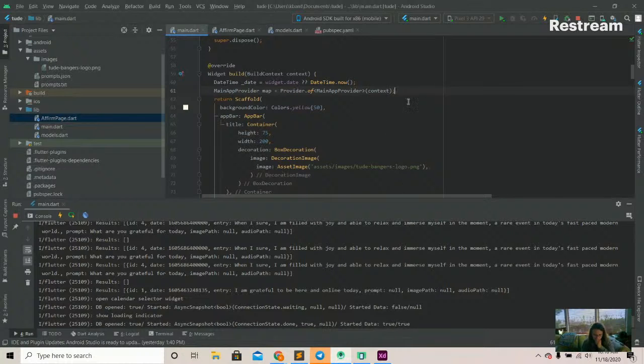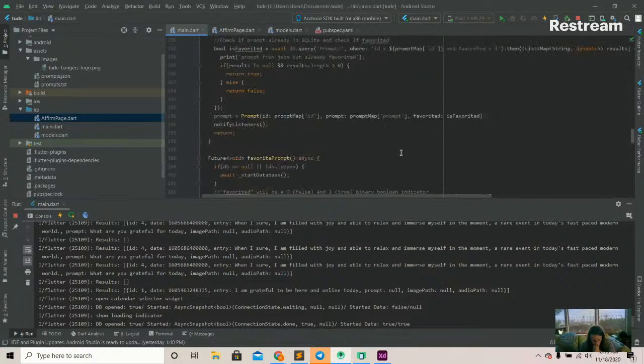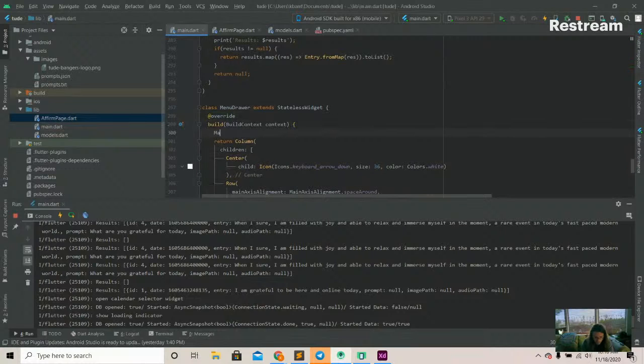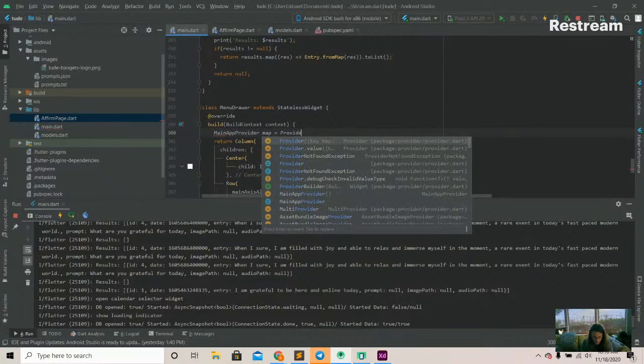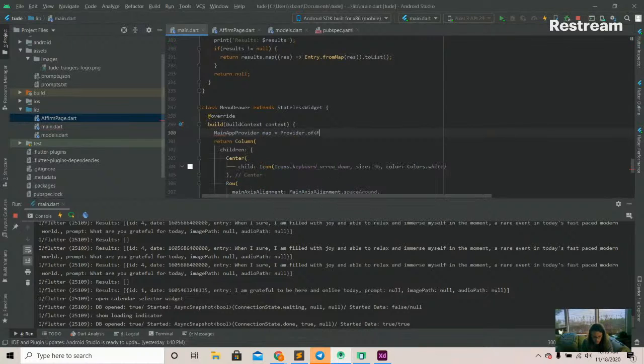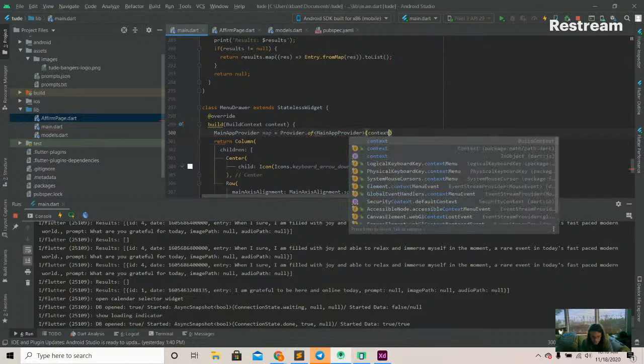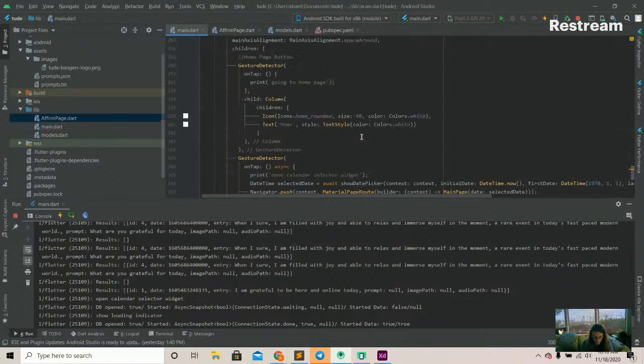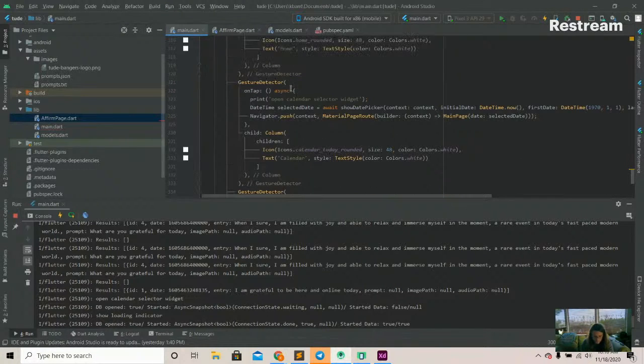I think that is a workable solution, actually, so let's give that a shot. So within this build, we should be able to access our main app provider map as a provider of the main app provider for this context. And then we have the map. And then in the menu drawer,